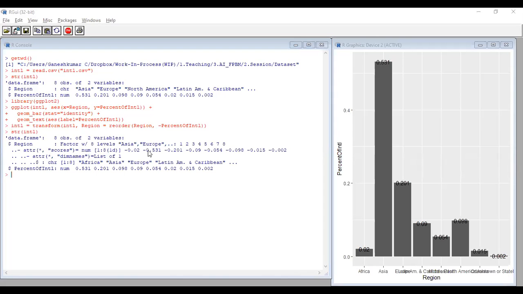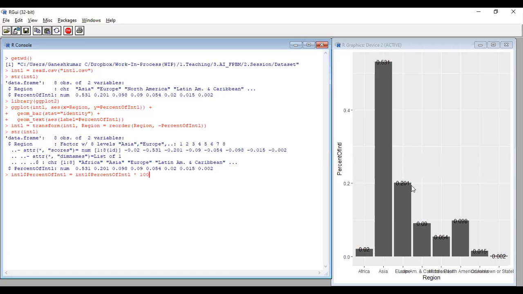Now we don't want percentile in the form of 0 to 1, but normally percentile is from 0 to 100, right? In order to convert that, we are using a function. Intel is the data, percentile is a variable, so intel percentile into 100. For example, 0.02 into 100 will be 2%.